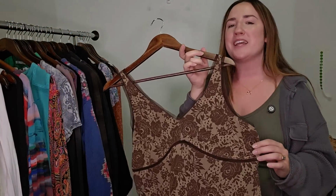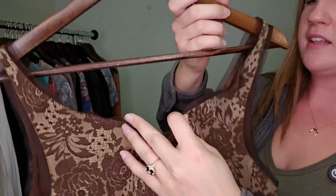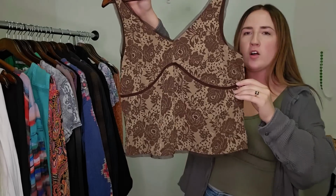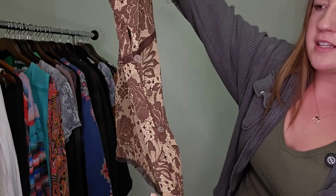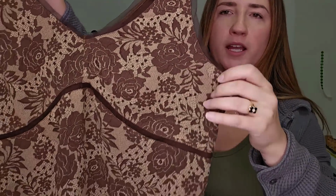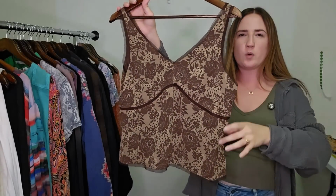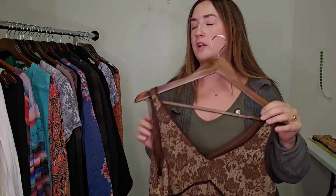Here's another style-based, very on-trend piece. This is just a vintage Old Navy label, which surprisingly their vintage Y2K stuff actually performs pretty well. This had all of the wonderful factors that I am looking for. Oh, cute. It actually has button-up sides. That's super cute. Lots of details to this. I love this little mesh trim right here. Baby doll style, dark florals, kind of forest fairy vibes. I've actually been selling tops like these. I would probably list this one around 35,